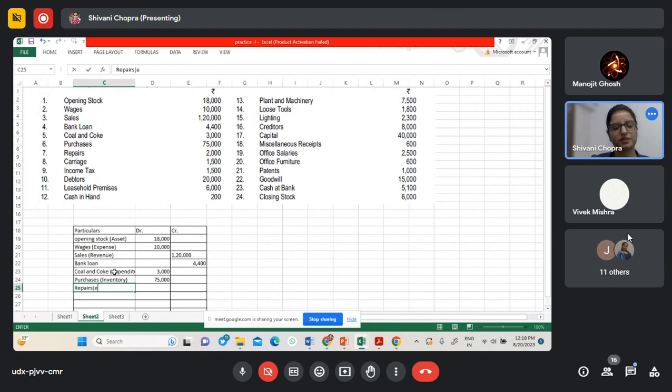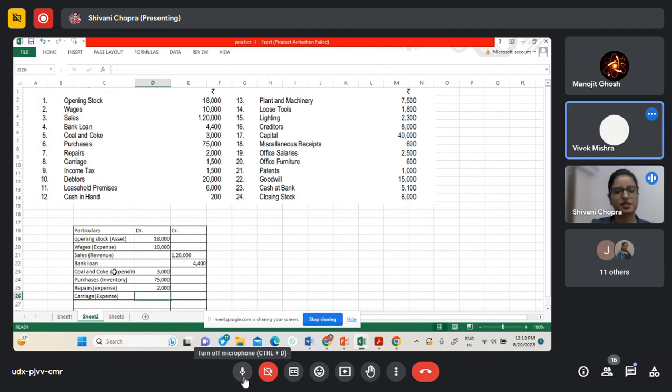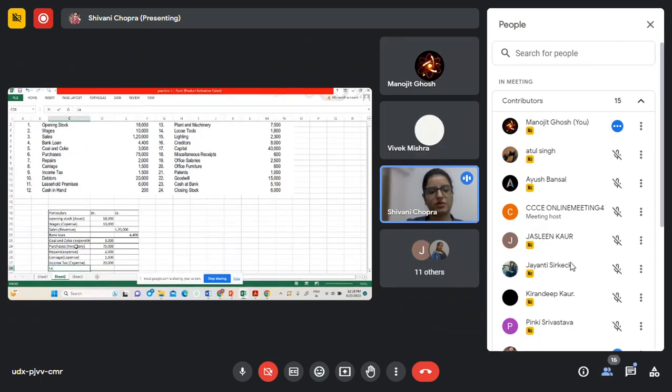After that, we have repairs. Repairs is what? Expense. Expense. It is 2,000. Then you have carriage. Carriage is expense. It is 1,500. After that, you have income tax. Income tax is what? Expense. Expense. So you get 20,000, and then you have leasehold